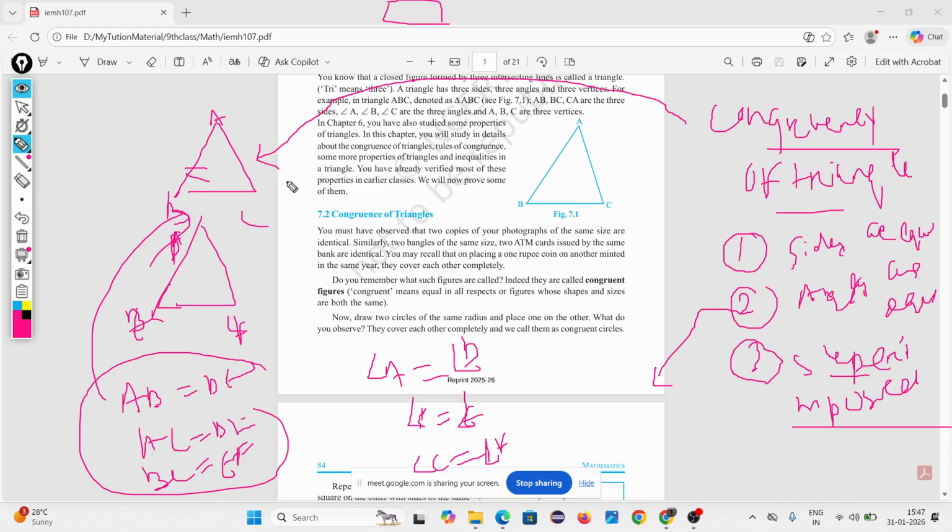Okay. For proving everything, can you measure every angle? No. That is the proving concept. Here you have to only understand physically how to prove two triangles are congruent. Either their sides are equal, or their angles are equal, or